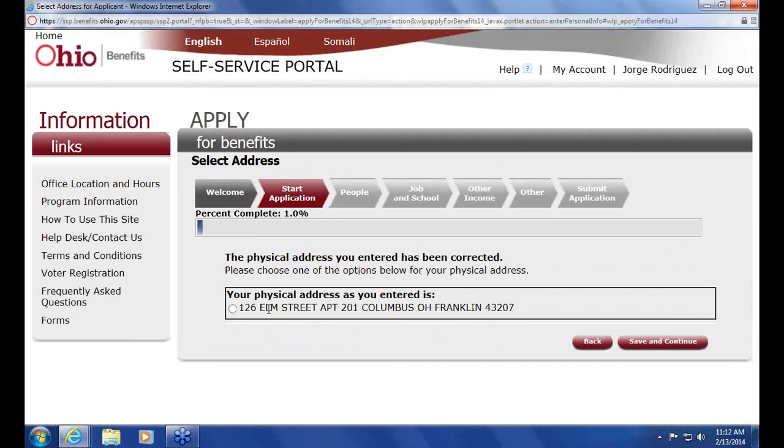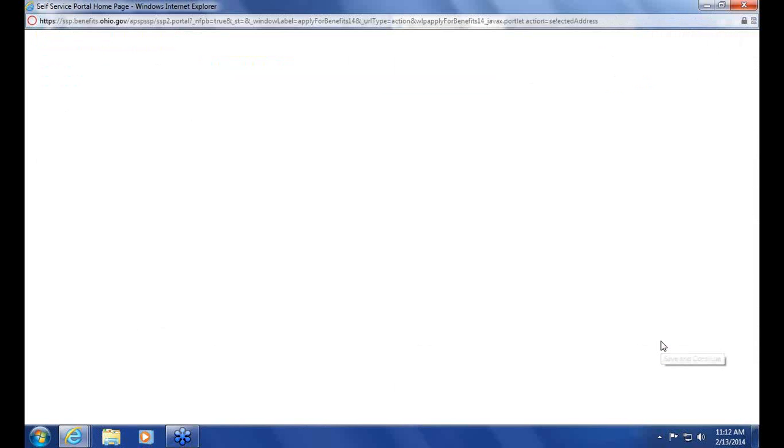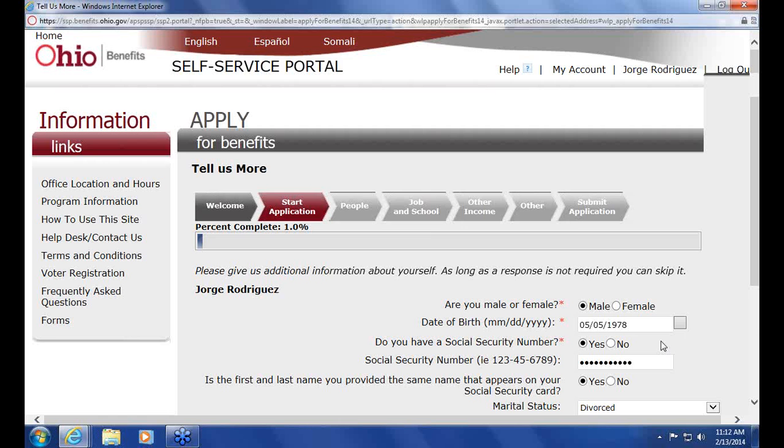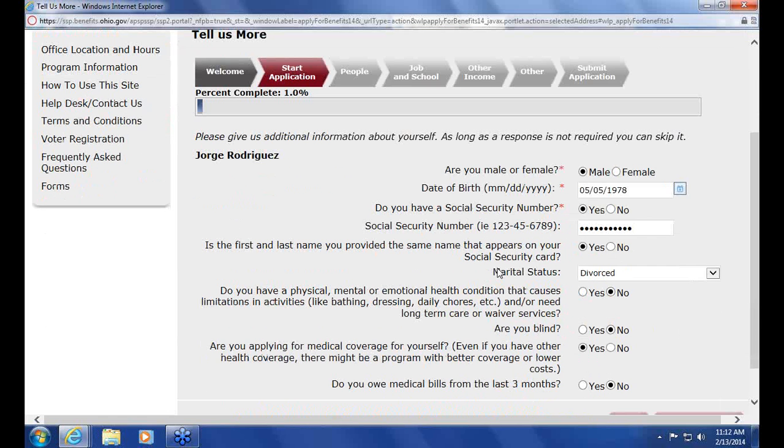When things like this pop up, it's just to give you a more specific address, nothing to worry about. All right, so this is the page to get some information to verify identity, things like Social Security number, marital status. On the question of do you have a physical, mental, or emotional health condition that causes limitations in activities, this is really for consumers who have either a diagnosed disability or condition.